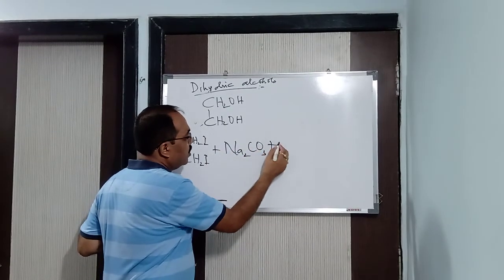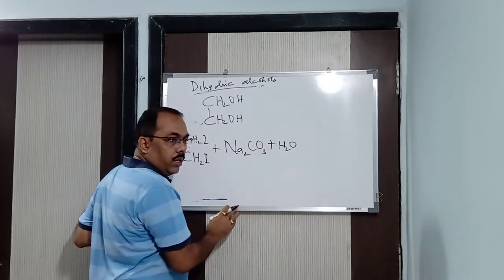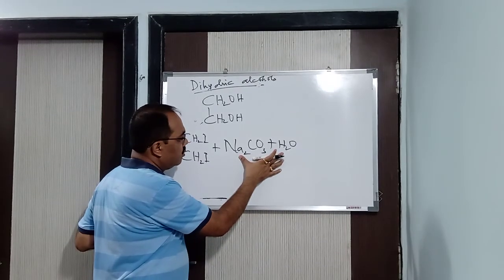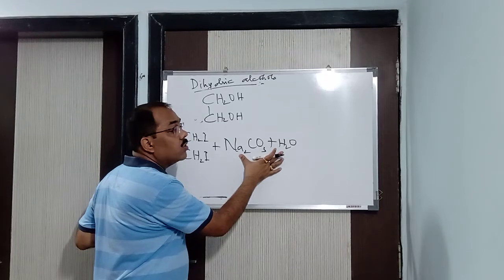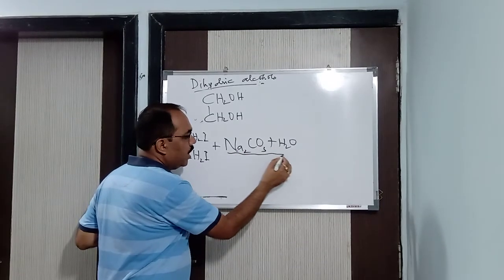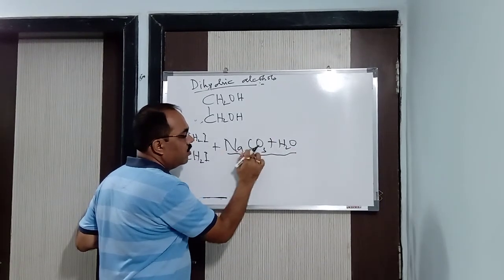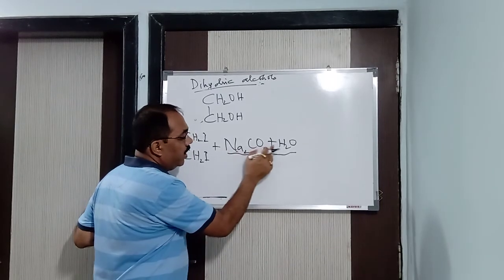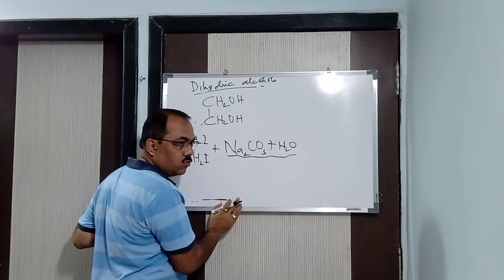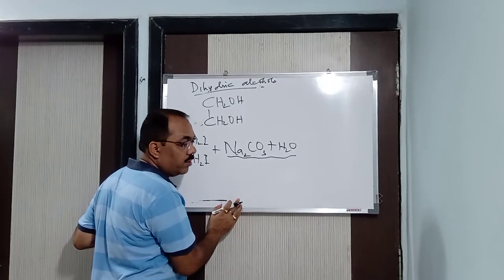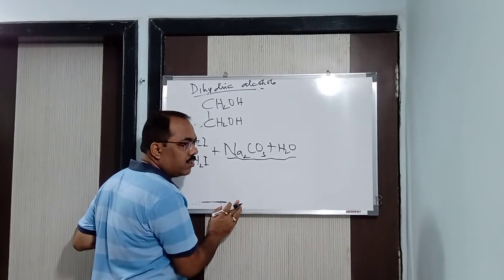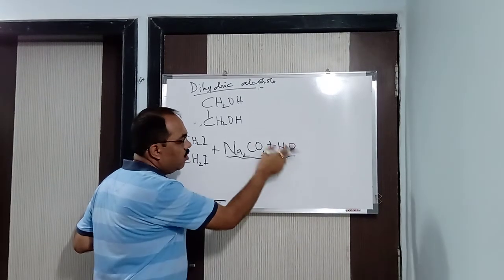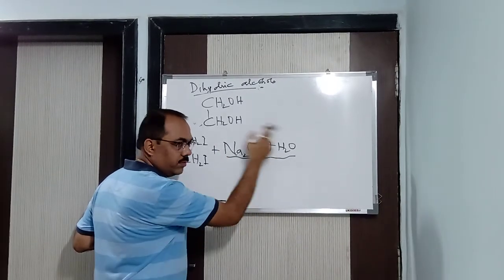Clear? Now what I am going to do is react with sodium carbonate, Na2CO3 plus water. You know, when sodium carbonate undergoes hydrolysis, what does it give? It gives NaOH. You have read hydrolysis in class 11. Na2CO3 plus water gives NaOH plus H2CO3, sodium hydroxide plus carbonic acid. Sodium hydroxide is a strong base compared to carbonic acid, so the resultant solution will be basic. So definitely I get NaOH from here.